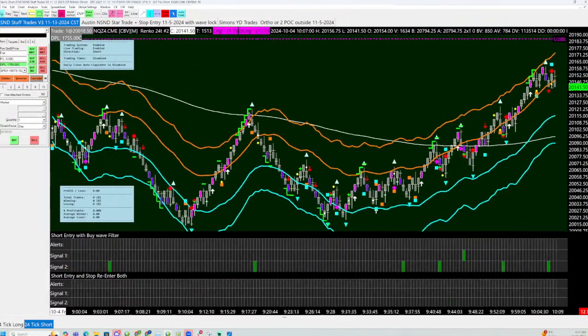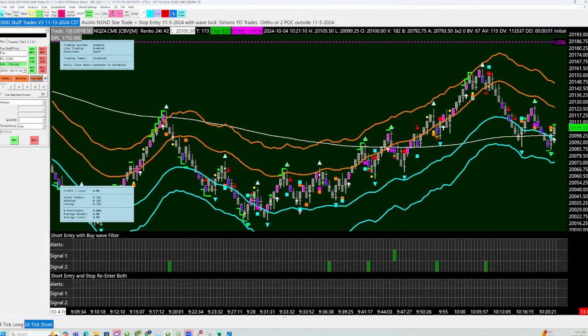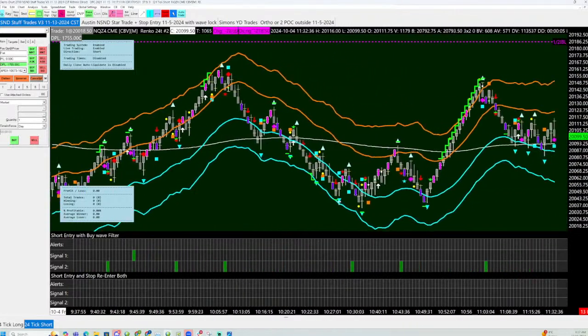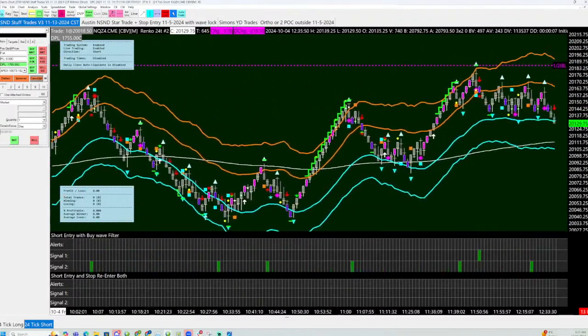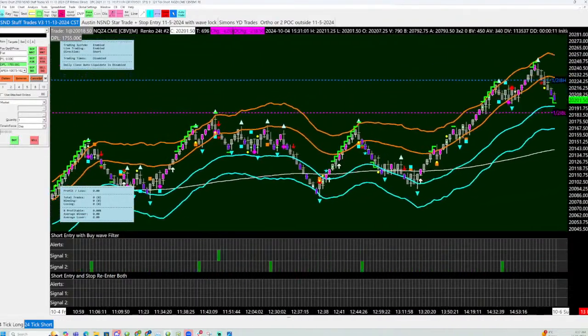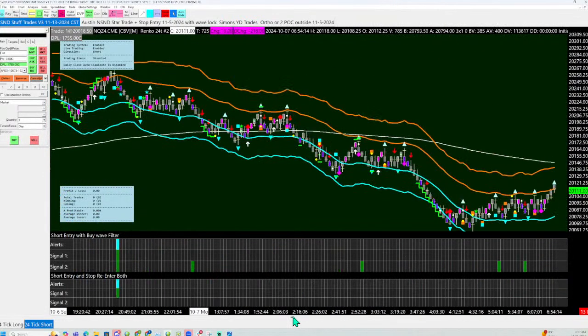Seeing that short right there against that 200, I would take that orange square down every time, but just the auto trader won't take it, right? But you can see it quits itself. It's not trying to grab everything, right? So here you'd hope that it would grab some longs in between here, but the point is it doesn't have to, right? Like if you go through this whole series of days, like if we just go to Monday over here,